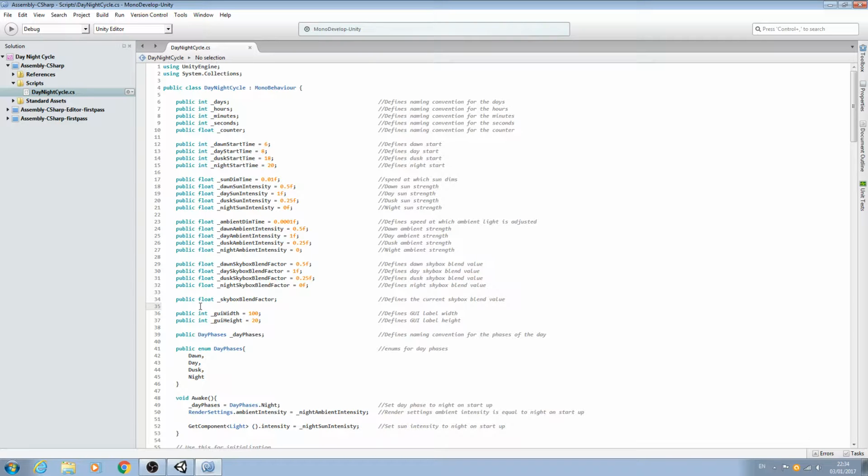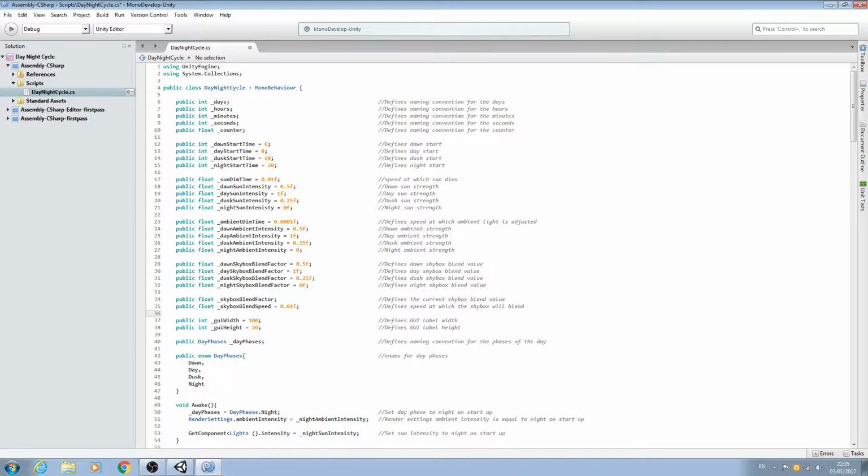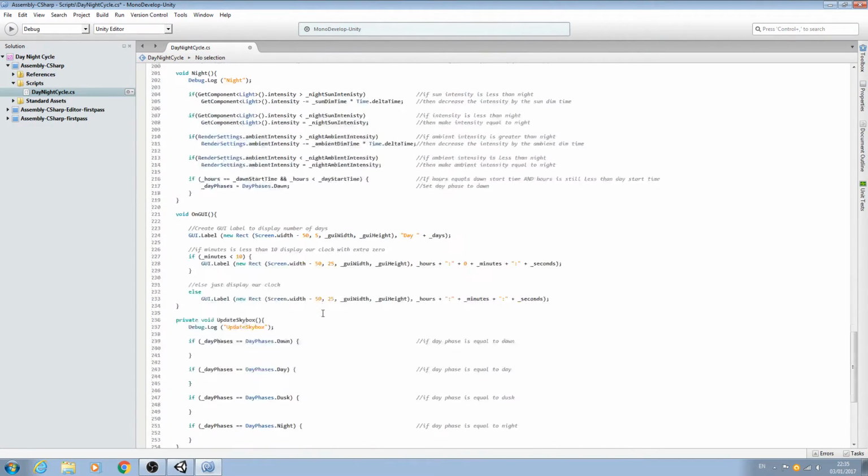Here where we have our Skybox blend factor, I'm going to come below and create another public float, and let's call this underscore Skybox blend speed, and we're going to say equals, and we'll give it a value of 0.01f. We'll close the line off. Into the comments, define speed at which the Skybox will blend. We'll create a line break. So with this variable now set up, let's come all the way down here,